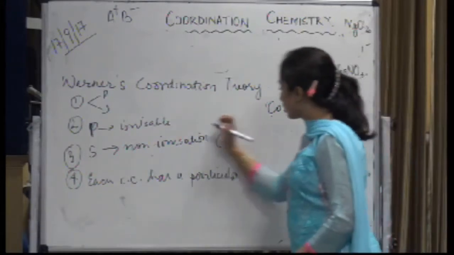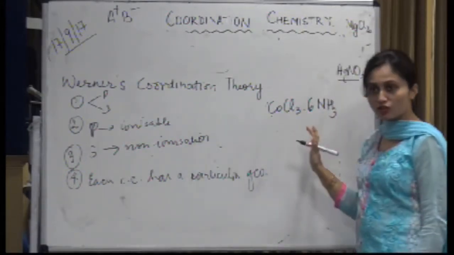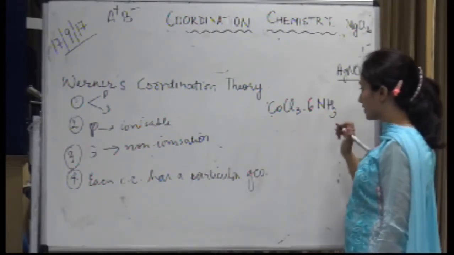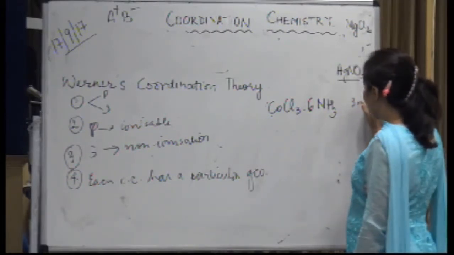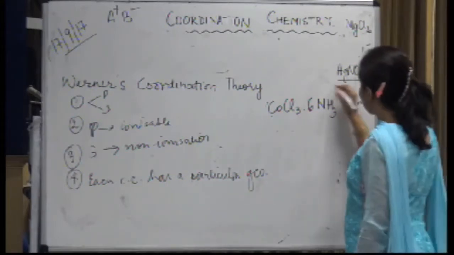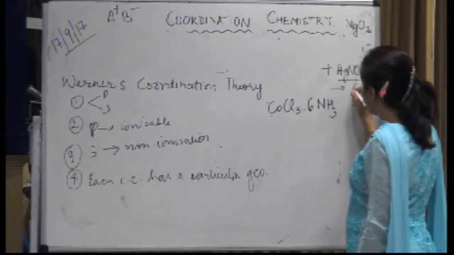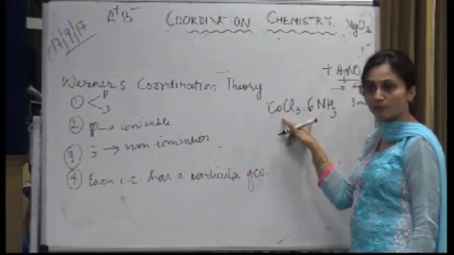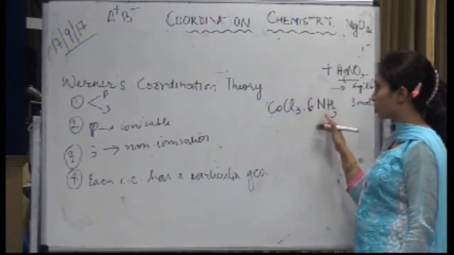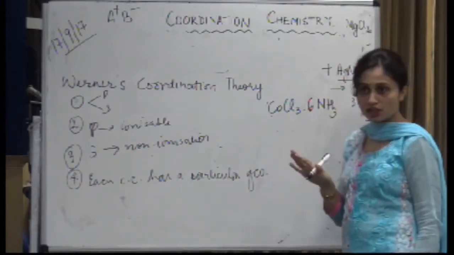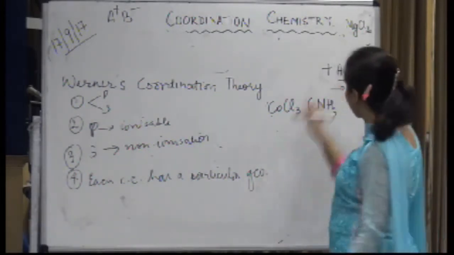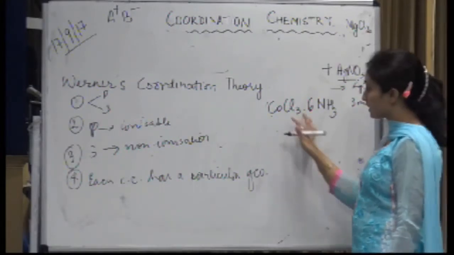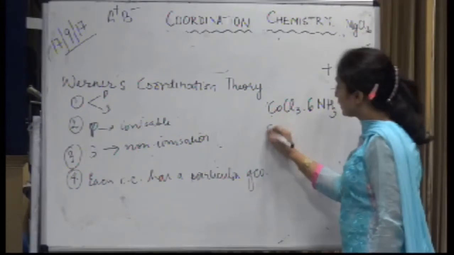Now when he worked with COCl3.6NH3, he got 3 moles of AgCl. When he added AgNO3, he got precipitates of AgCl. To this particular compound, COCl3.6NH3, he added AgNO3, so which precipitate is forming? AgCl, but in this case he got 3 moles. So you may feel that, okay, COCl3 has 3 chlorides, but the moment he took